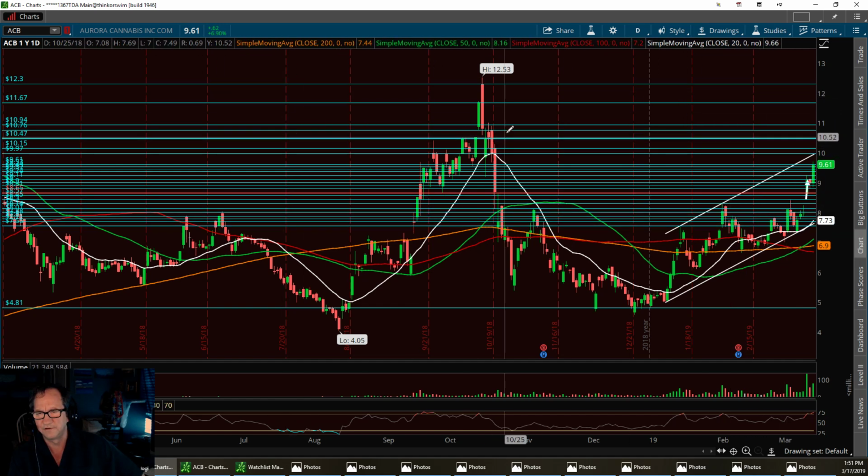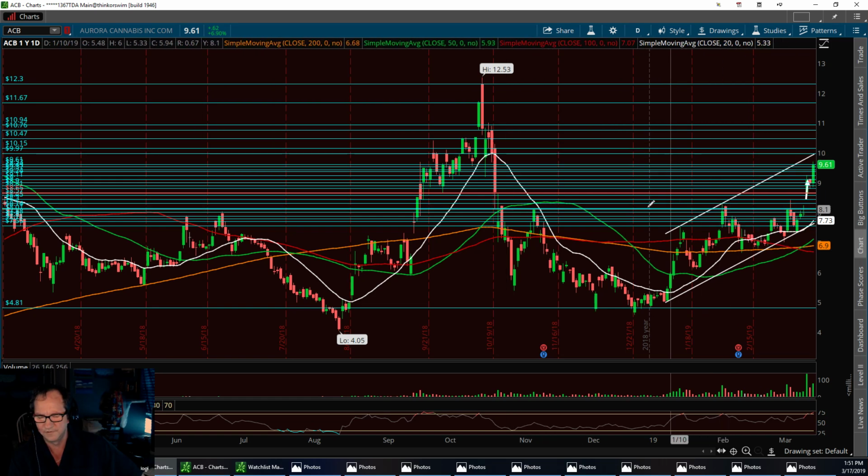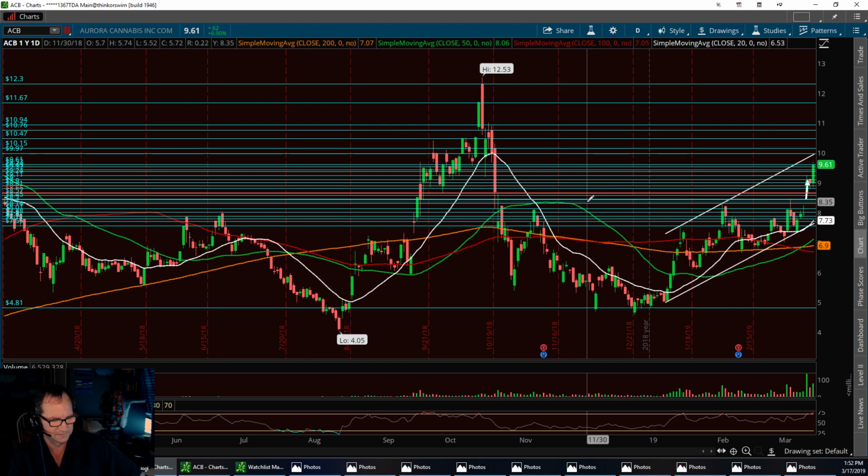I think once we find this little resistance area up in here, then we might have a little difficulty around 10.45. But with Nelson Pelps involved in this trade now, and that other stock we looked at this weekend, what was that one? That was HRVSF, that had one of the biggest pot deals so far coming today. I think it's going to be